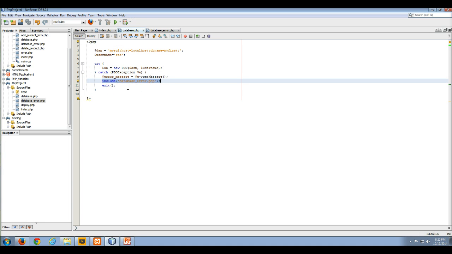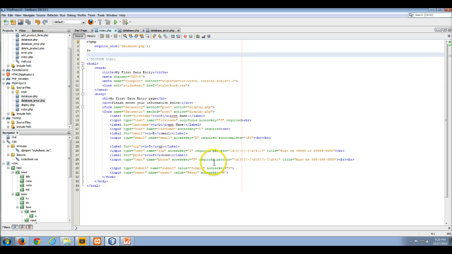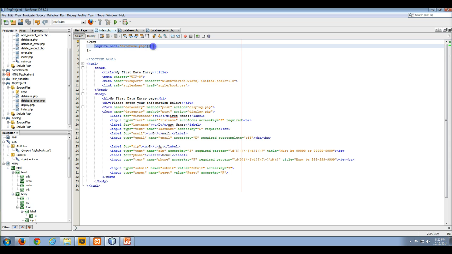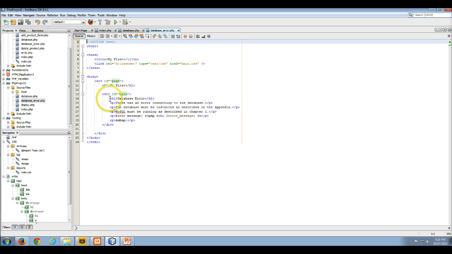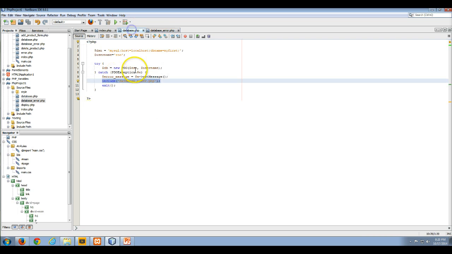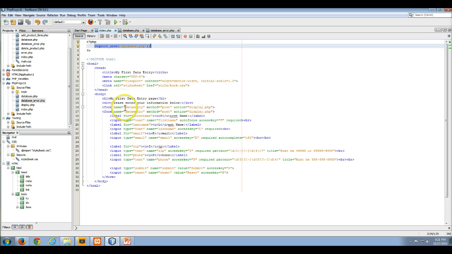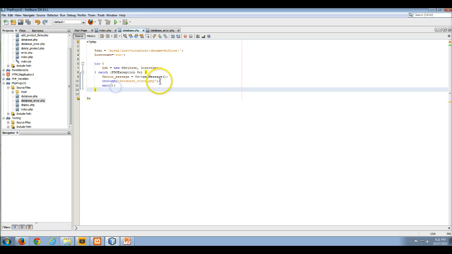Now, what we see here is that in the database file, we have an exit. The fact that it exits means that the rest of the index file doesn't run, because remember, this is happening up at the beginning of this file. We're going to do a require once. We're going to try the database. If that doesn't happen, this is going to display due to the include, and then it exits so that the rest of this file doesn't run. So if we get rid of this,